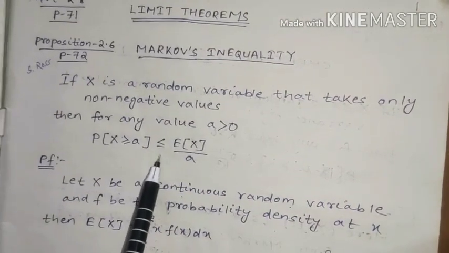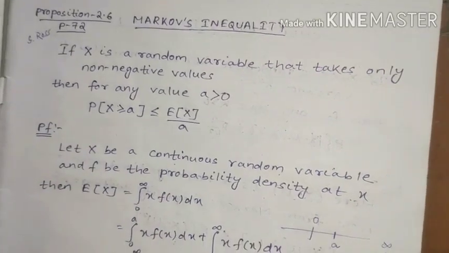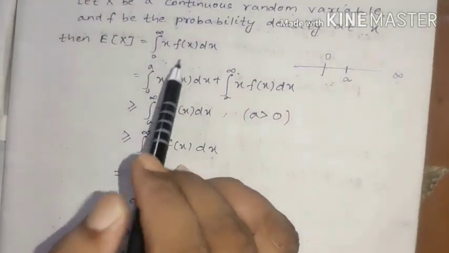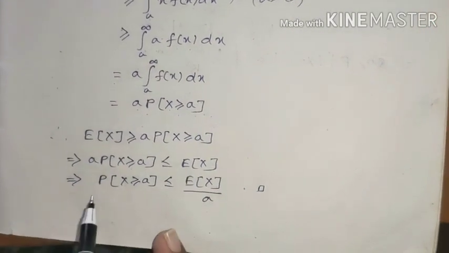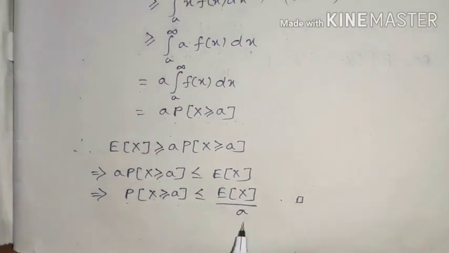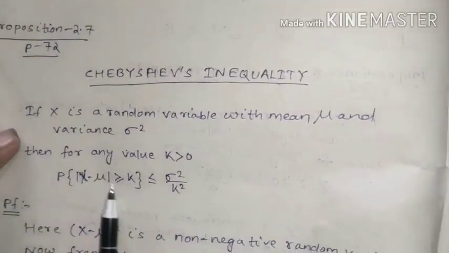X greater than or equal to a, less than or equal to E of x by a. You have to prove this. How can you prove it? Now E of x can be taken as greater than a into P of x greater than or equal to a, and after that P of x less than E of x by a. Subinequality: P of |x minus mu| greater than or equal to k is less than sigma square by k square,